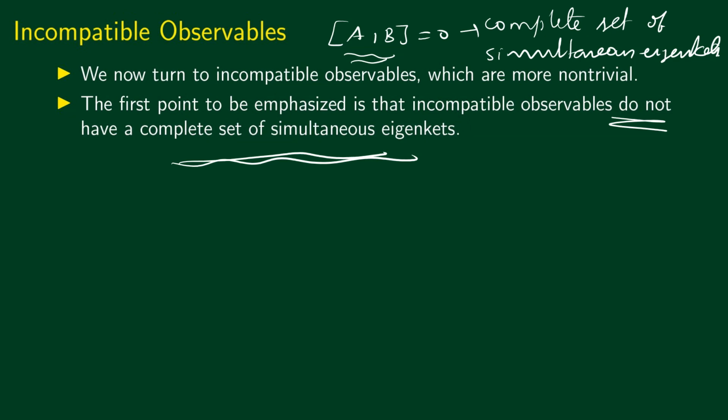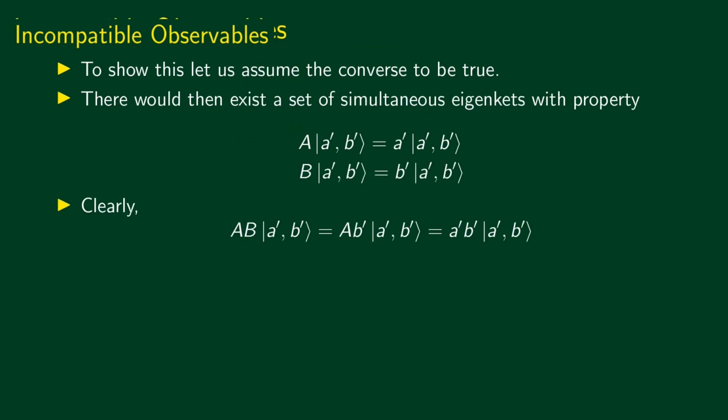So incompatible observables are those observables which do not commute and which do not have a complete set of simultaneous eigenkets. For this reason, when you make a measurement of one observable, it can destroy the information regarding the other observable. That's the reason why we call them incompatible observables. Okay. First, let's show that if two observables do not commute, then they don't have a complete set of simultaneous